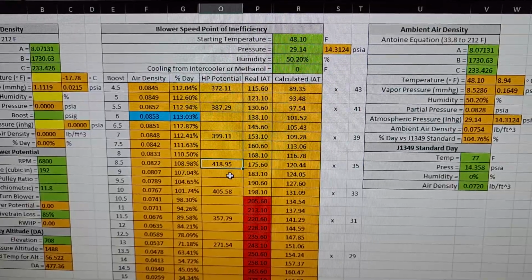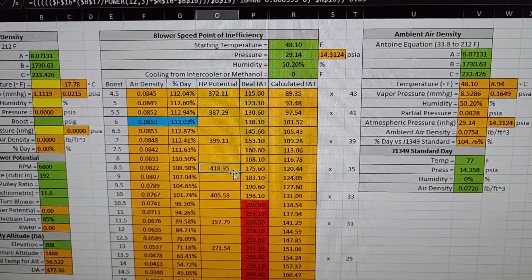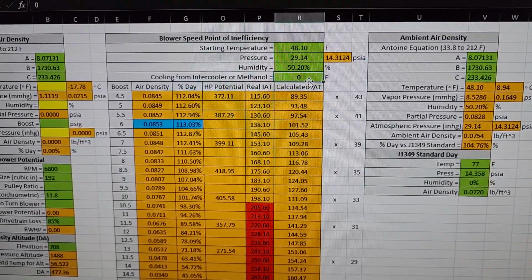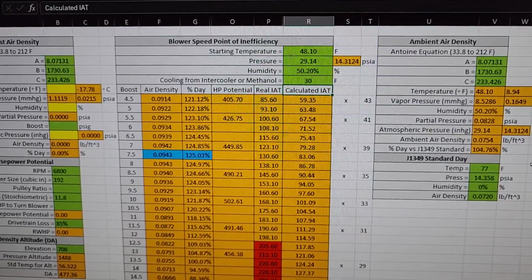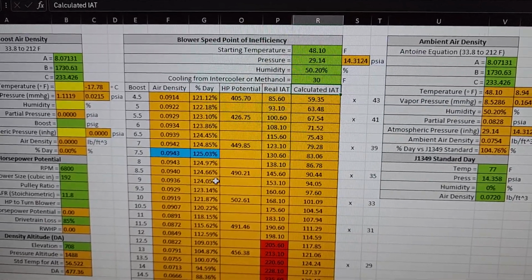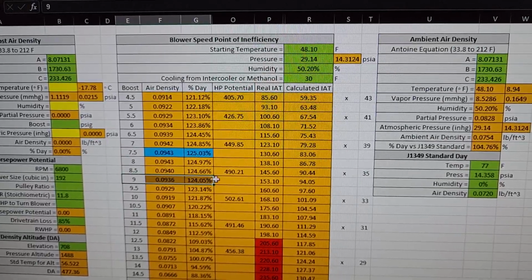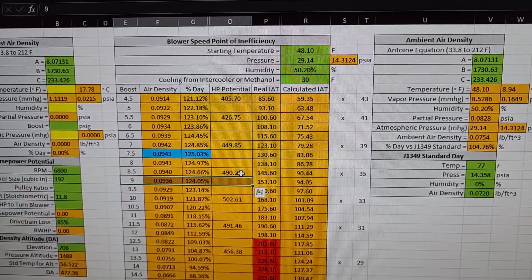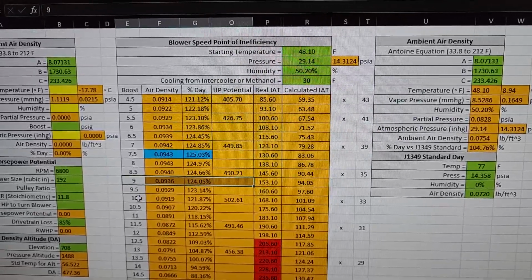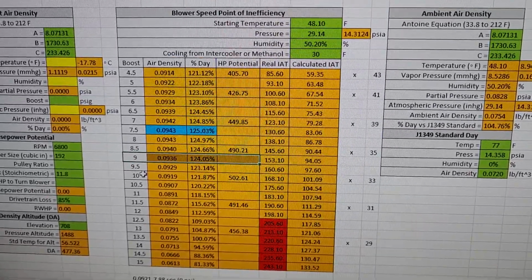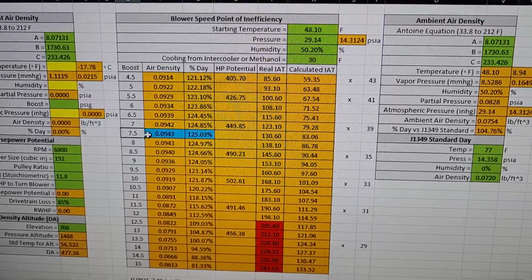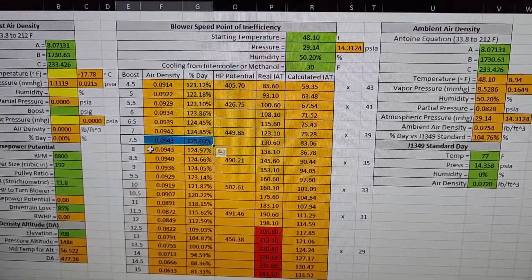Basically it's saying my wheel horsepower was, that's not correct because I had 30-degree cooling. So it looks like I was close to 490 horsepower and I was really making 9 pounds. So, 495 maybe. So what it's telling me here is even though the best air density is at 7.5 pounds, this